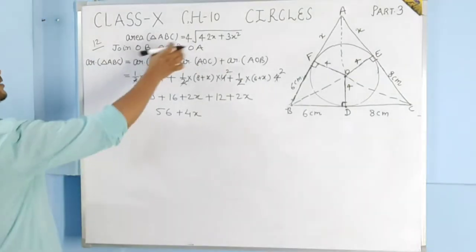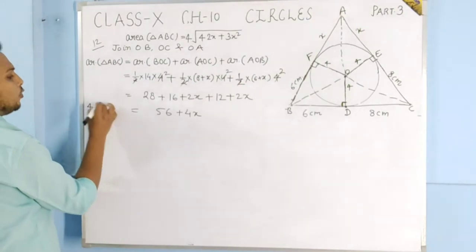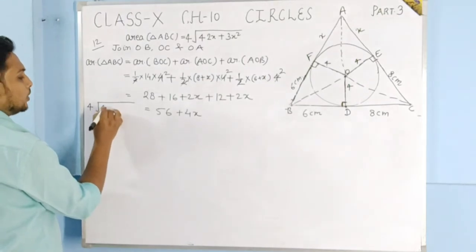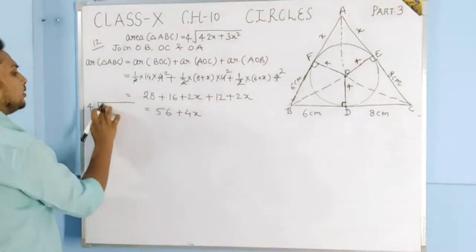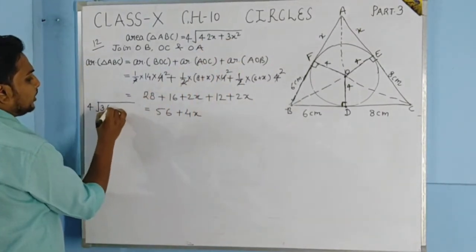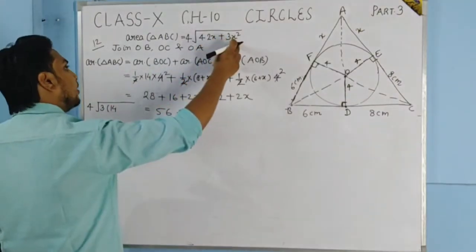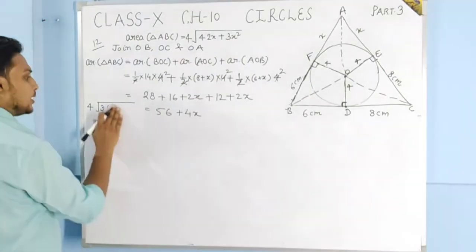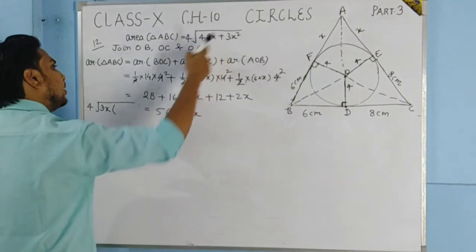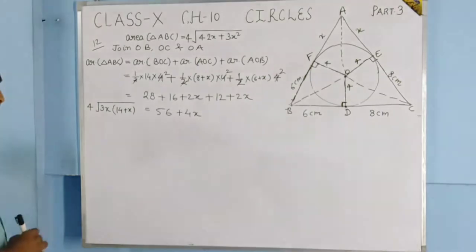And area of triangle ABC was what? Area of triangle ABC we have found that it is 4 under root 42. Okay, just take 3 as common. From these two, just take 3 as common. So what you will get? 3, it is 14, 3, just take 3x as common. Okay, then what you will get? 3x when you will take common from here. So what you will get? 14 plus x. Okay, like this you will get.